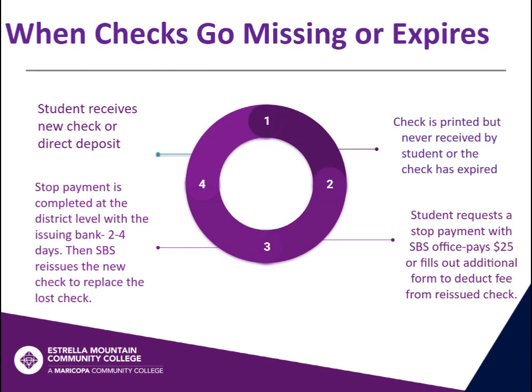From time to time, checks don't always end up in the student's mailbox, or are missed and discarded by accident. When this occurs, the check in the Nelnet screen will show in a printed status. In this status only, a stop payment can be done to void the missing check. This comes with a $25 fee to be paid by the student at the time of the request or deducted